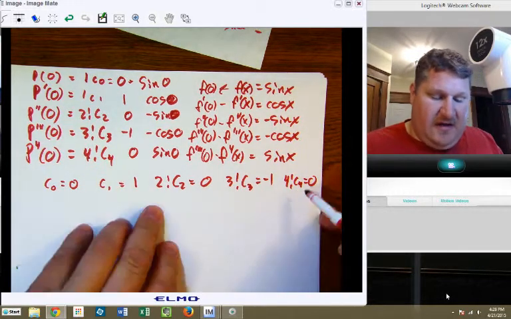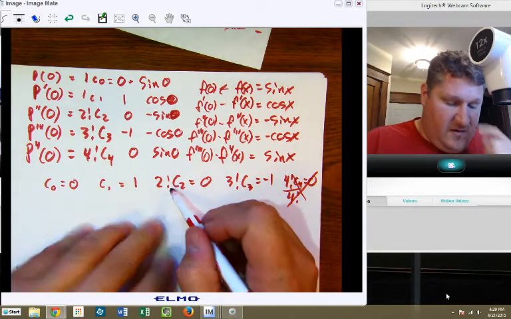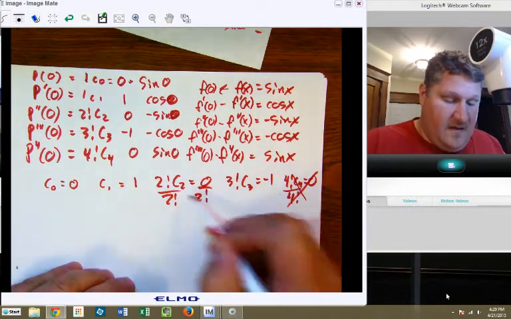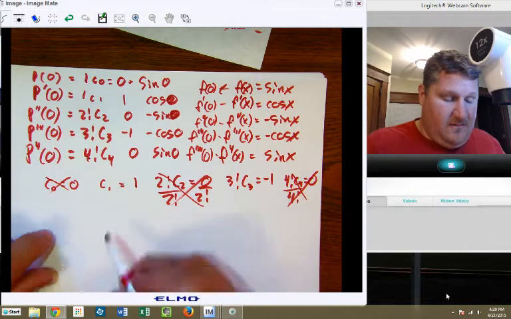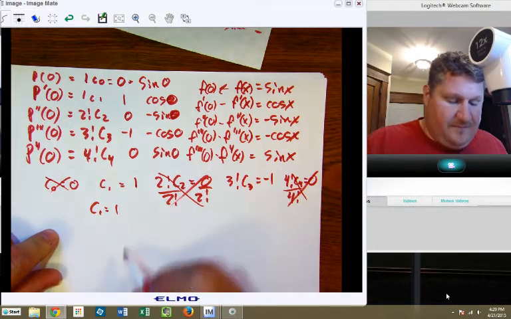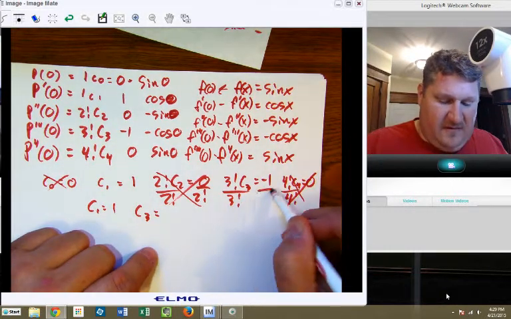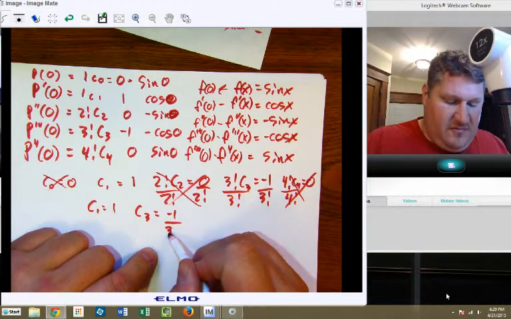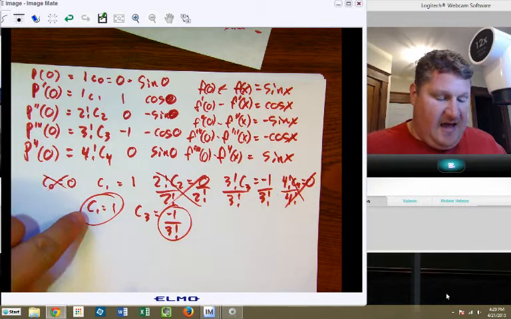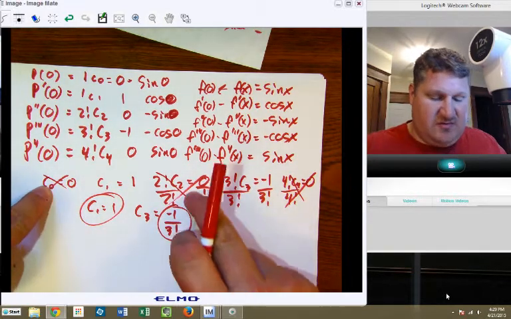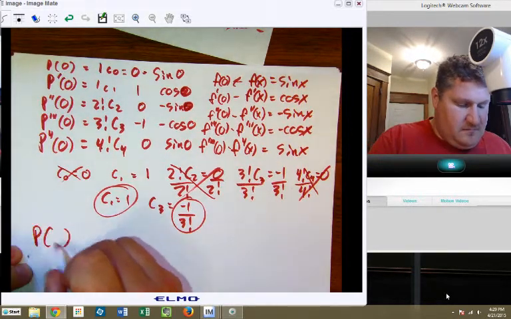I don't care what these are, because when I divide by 4 factorial, that goes away. When I divide by 2 factorial, that goes away. All I'm left with, and C sub 0 is already 0, I'm left with C sub 1 equals 1, and C sub 3 equals, dividing both sides by 3 factorial, negative 1 over 3 factorial. That's the coefficient I go with. So this term goes away, that term goes away, this term goes away. So if I'm putting this all back in a power function,